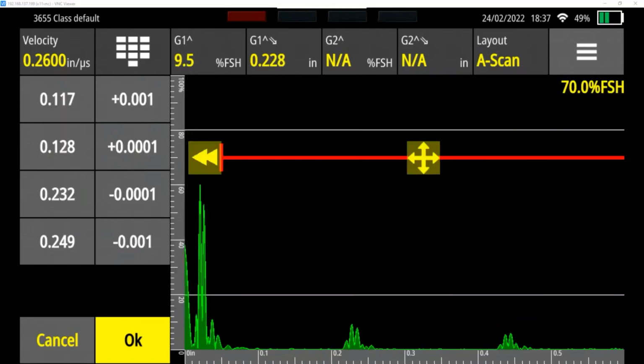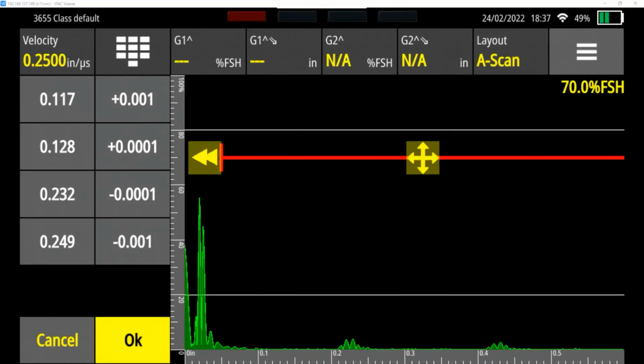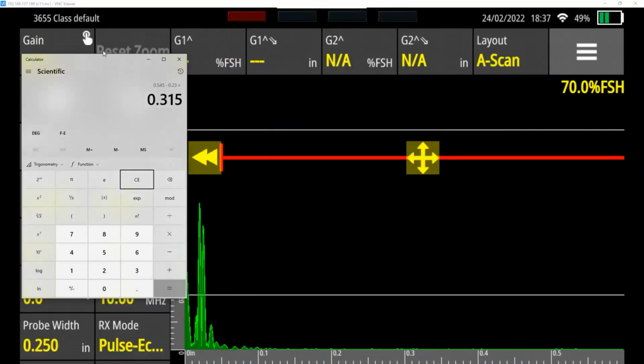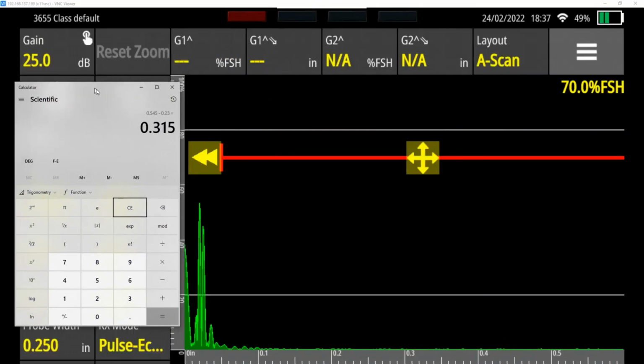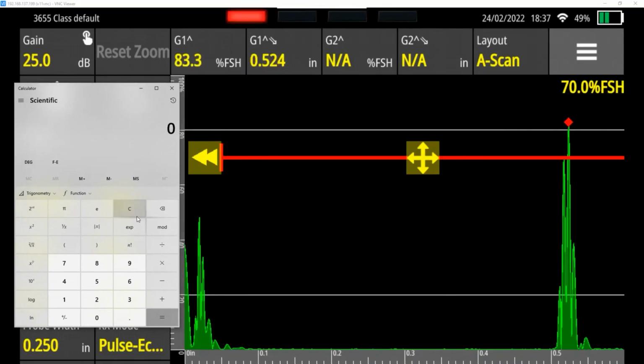So let's try to bring it down to 0.2500. Now this is the recommended starting point for aluminum. So we're at the recommended starting point for aluminum. I'm going to hit OK. Now I'm going to clear this and go to my 0.5 section. And now you can see we're at